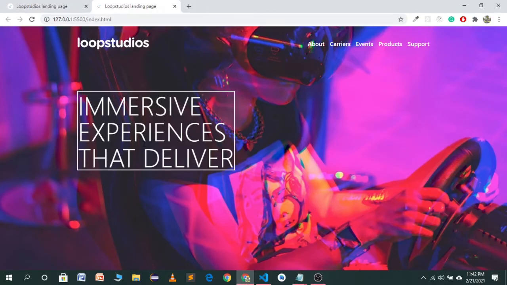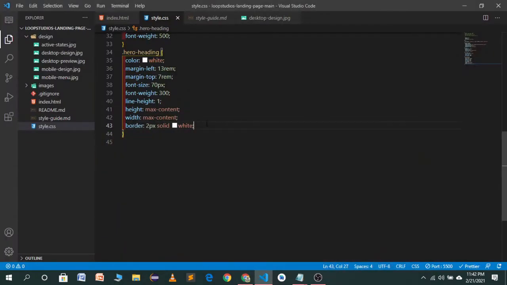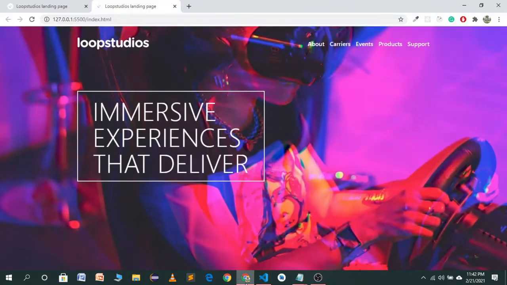Now let's see how it will look. Now you'll see it's looking nice. We just want to give it a padding. So the padding will be, I think, 15 pixel from top and bottom, and let's give it 40 pixel from left and right. Let's see how it will look. It's looking beautiful right now.